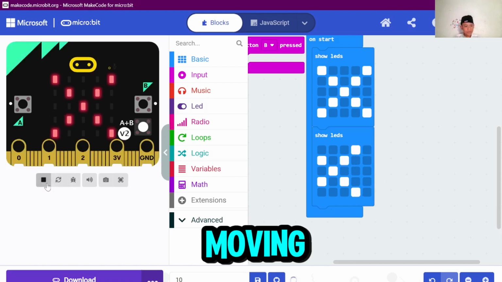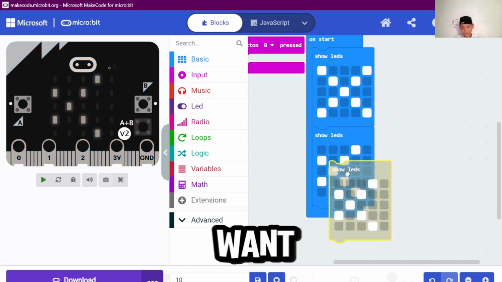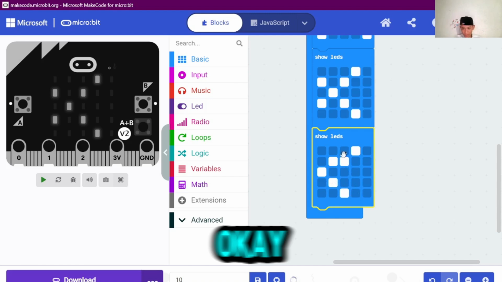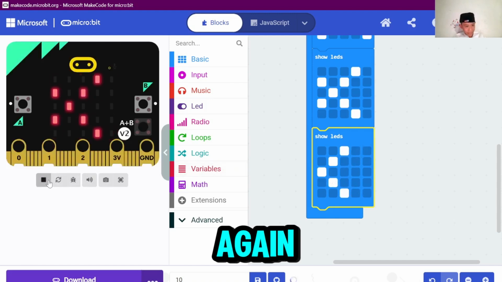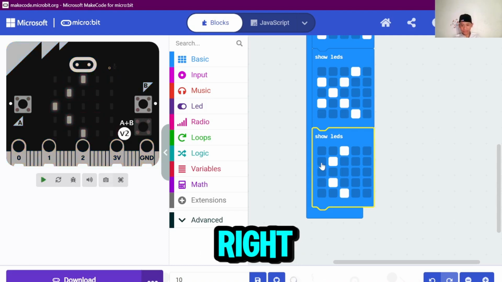And this like this. Later it's moving, looking like moving. Just a little. You guys want to see the full one, like this. Put it like this. Okay, see again. Later moving. You guys can see, right?